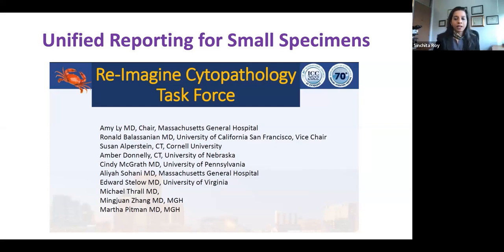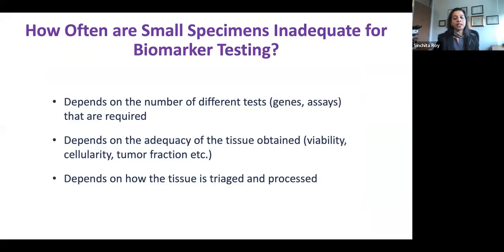It comes to cytopathology and they issue this report that is unified. So now when we're talking about small specimens, and again, related to biomarker testing, I've been making a case for why we need to collect adequate specimen for not just diagnosis, but for biomarker testing. But the question arises is, what percentage of these cases remain inadequate for testing, right?